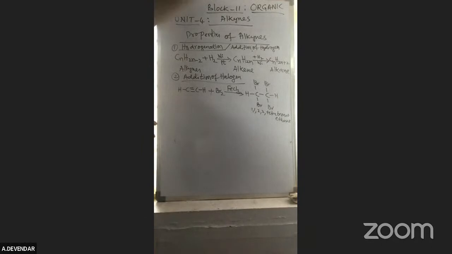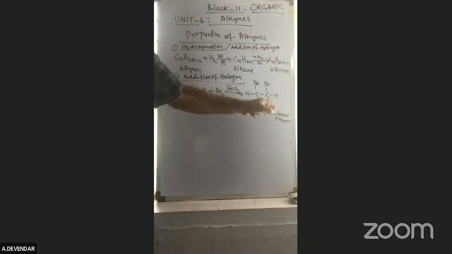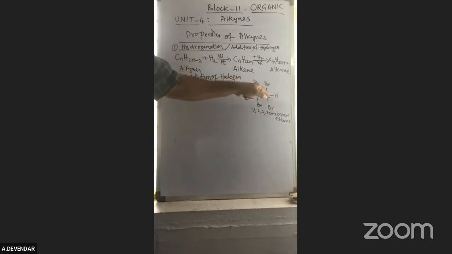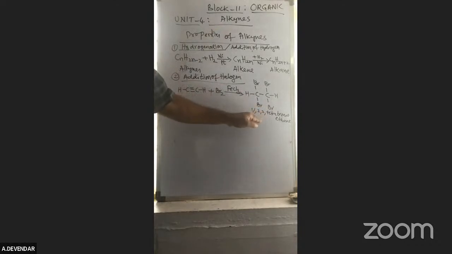Whatever raw material you use in the preparation of alkynes, the same you are using here. You are getting the addition of halogen. There you use tetrahaloalkanes treated with zinc dust. You are getting this one, in reverse order, with the help of zinc dust. But here, with the help of ferric chloride, you are preparing tetrahaloalkanes. This is the addition of halogens. Now the third is